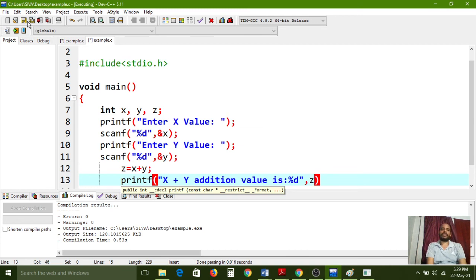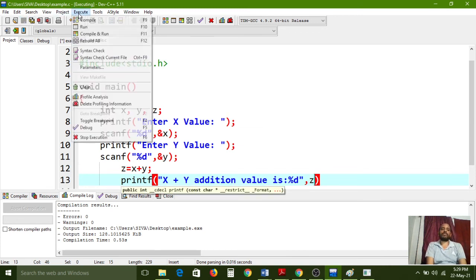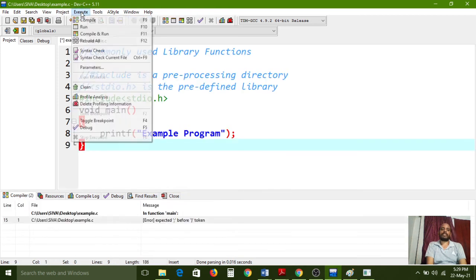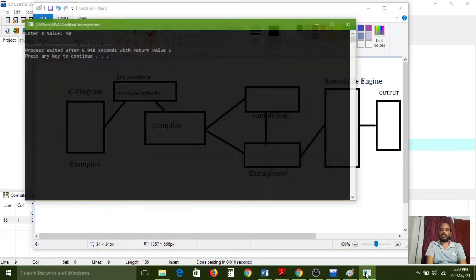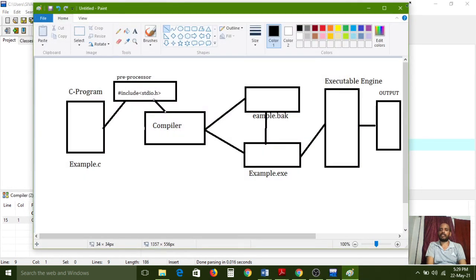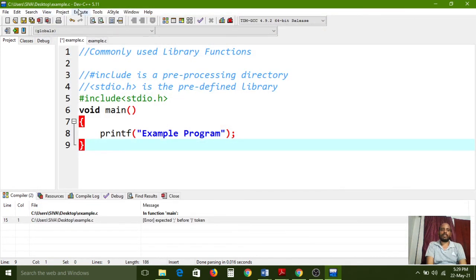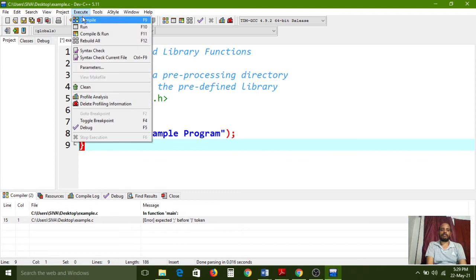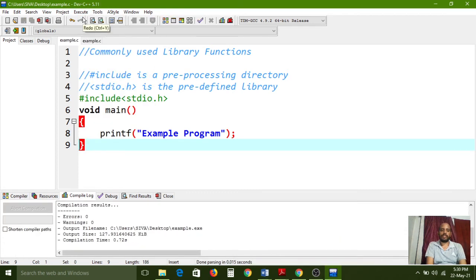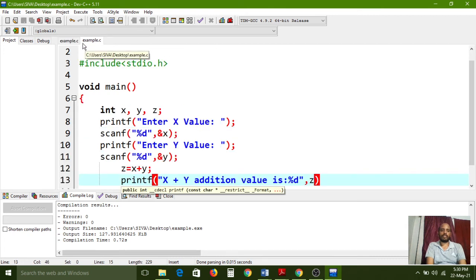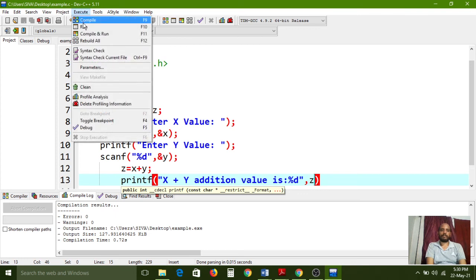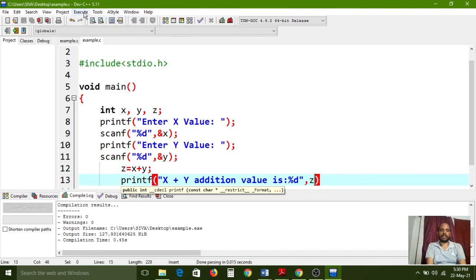So now I am saving this file. Again I am going to compile, again I am going to execute. Here one output window is there. Now I am again compiling, now I am executing.